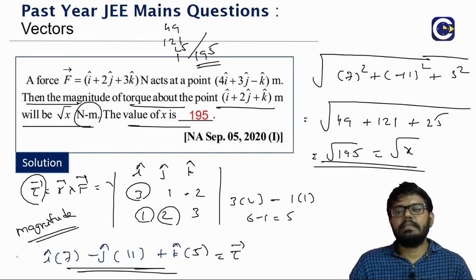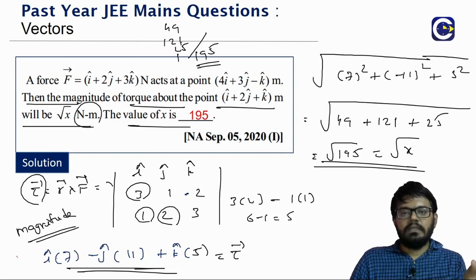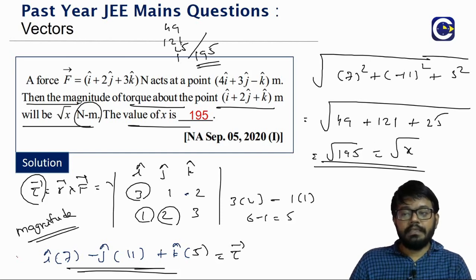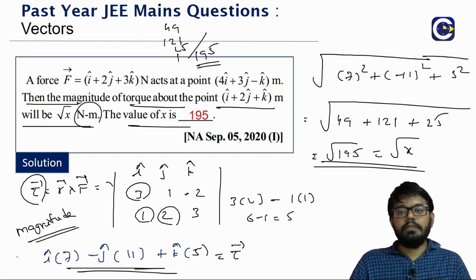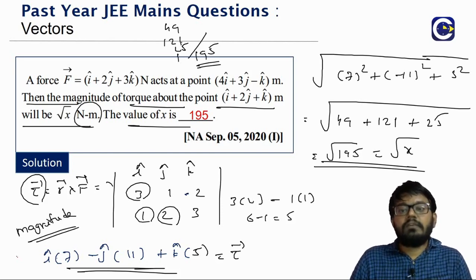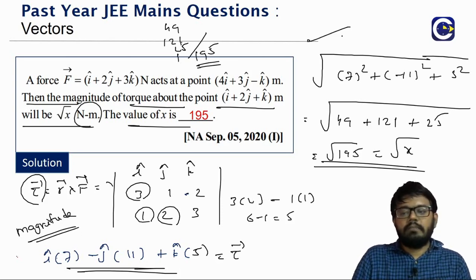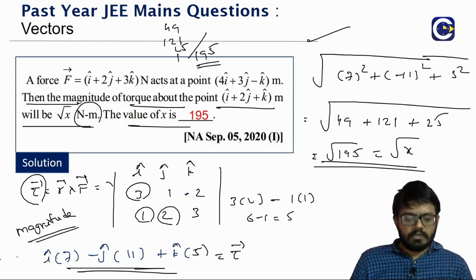Okay, so the only thing that is there is first the method to find the position vector of the point where the force is applied with respect to reference point. That is one concept. Then the second thing is obviously the cross product determinant formula. And after getting the torque in the vector form, IJK form, we know how to find the magnitude. That is another formula. This is what the third thing is, what? Finding the vector magnitude.